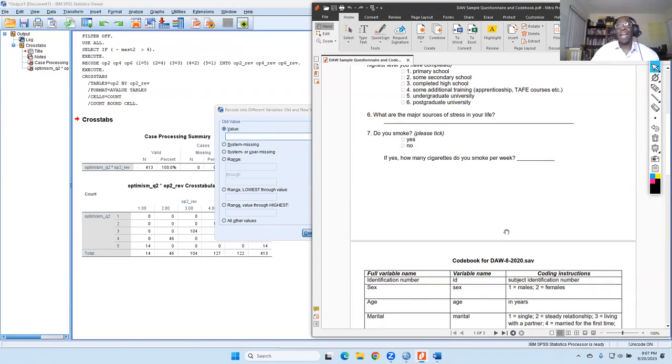But sometimes some questions have high scores that are negative, and you have to reverse code them so that all the positive scores have the same number. Does that make sense? Okay. Great. That's a great question though.